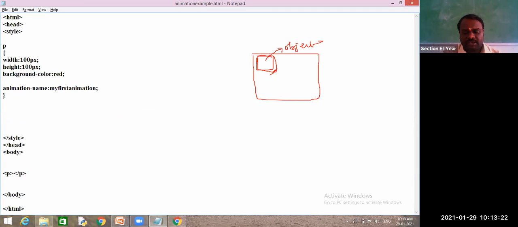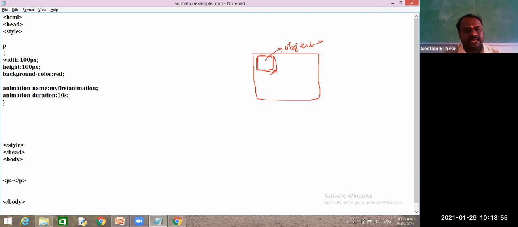After giving the animation name, immediately my one more requirement is that I need to give how much time this animation wants to be applied. So for that, animation-duration. Okay, so this animation-duration says how much time your animation will be applied. So I will give 10 seconds of time. So for these 10 seconds your animation will apply.